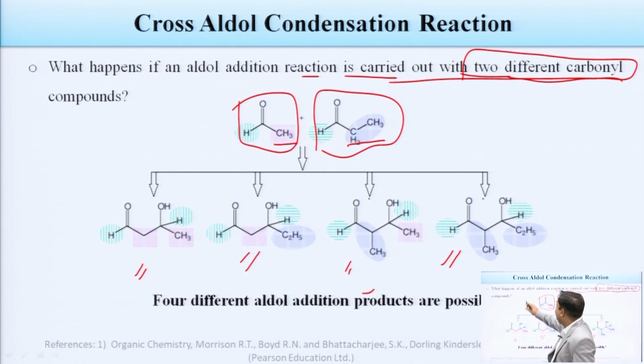Cross itself means different. The same thing we will study in the Cannizzaro and cross Cannizzaro reaction. So, 4 different aldol addition products are possible in cross aldol condensation reaction and we can say a mixture of